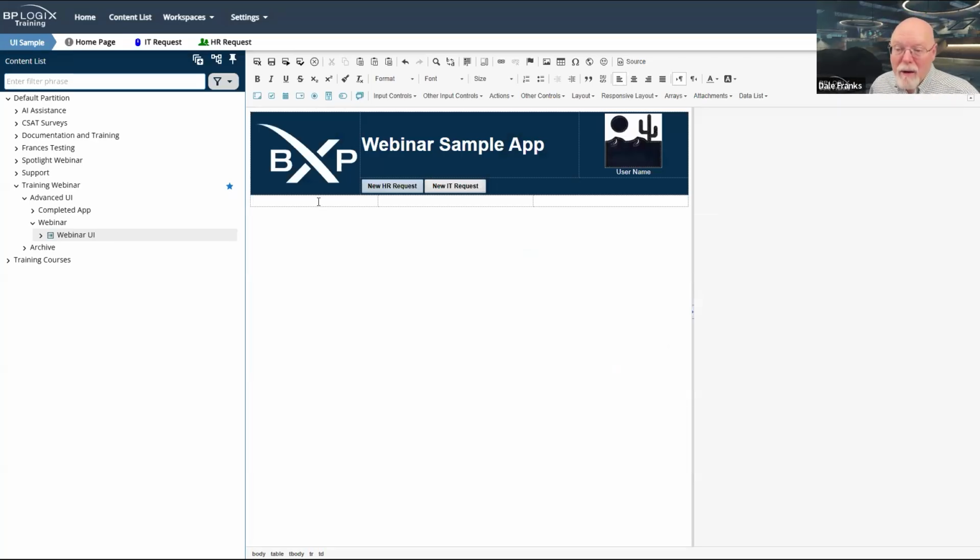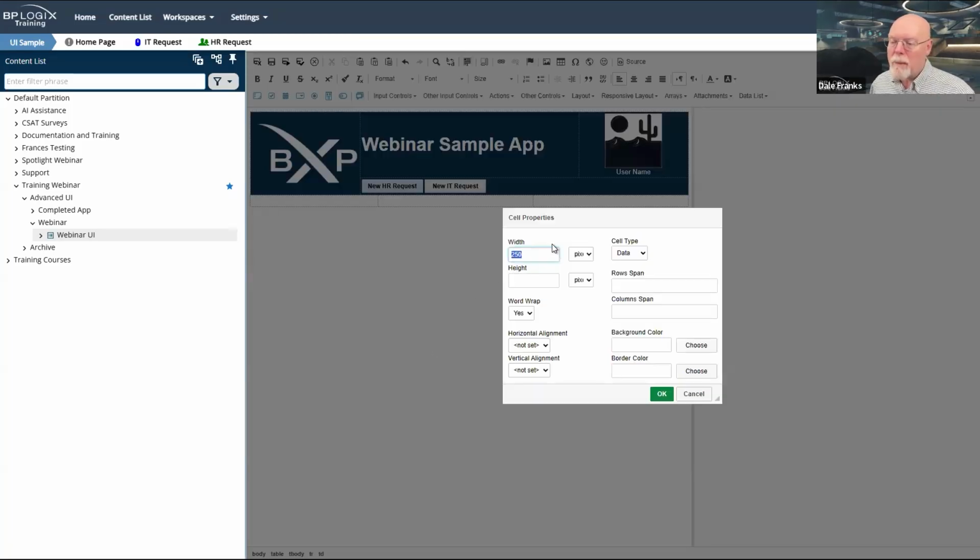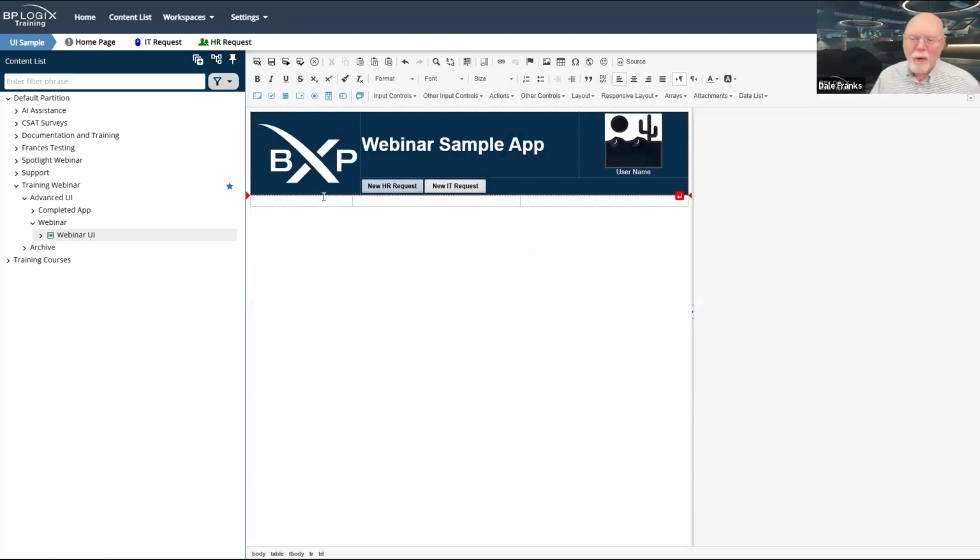That's a little big. So let's make it just a little smaller. So we'll go to cell properties, and let's knock 50 pixels off of this bad boy. Well, that's not how you knock 50 pixels off of 250. Okay, there we go. All right, that's a more reasonable size.